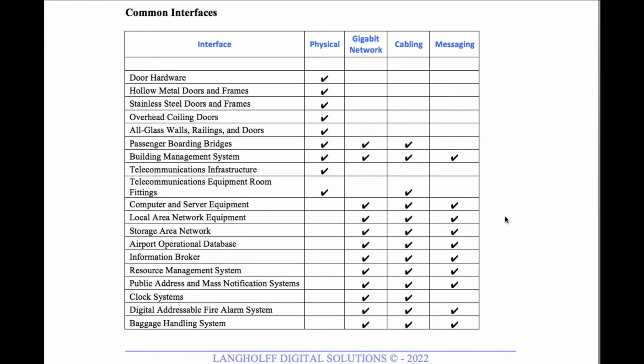Number one is you can have it defined in your operational database as an operational database structure for that information. Or you can use your information broker that can grab an entire message and strip out only what you need, and then reformat it and send it to your server the way you want it. So those are two ways that you can do it, and that's typically the way it's done these days.